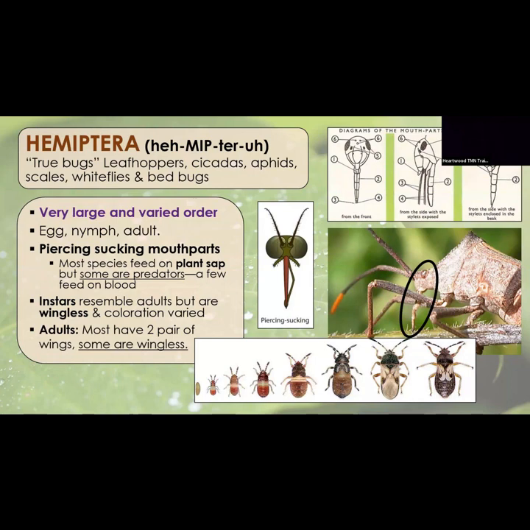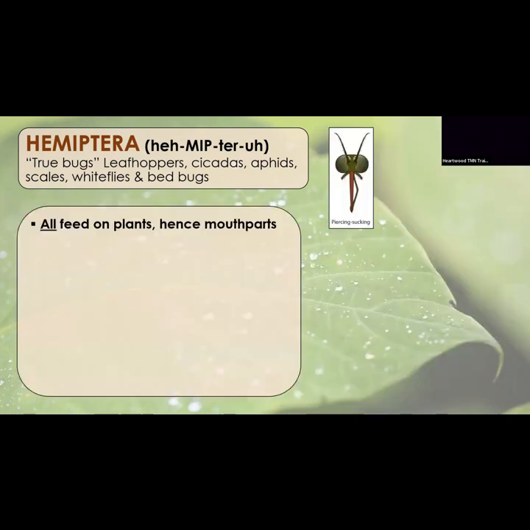Instars. So, that gradual metamorphosis that we've talked about. And then this is what their piercing and sucking mouth part looks like. There it is from the front, from the side. So just those modifications again have happened, and it basically creates a stylet so it can literally pierce and get fluid out, whether it's plant fluids or bodily fluids. They feed on plants and animals.